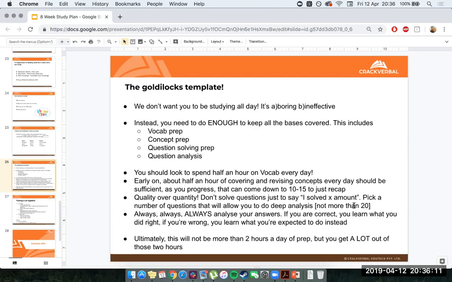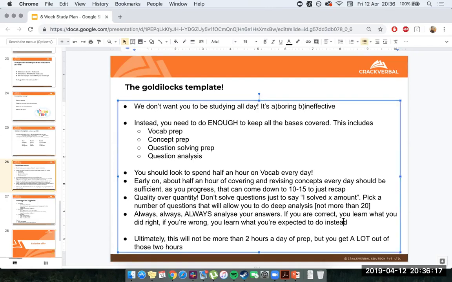Right? So ultimately, you always want to analyze your answers. In fact, if you spend half an hour doing questions, you want to spend at least half an hour analyzing the answers, right? Simple as that. If you spend 30 minutes doing the questions, you want to spend 30 minutes analyzing them. If you spend 20 minutes doing questions, you want to spend 20 to 30 minutes analyzing. Make sure that analyzing questions is just as important a part of your study plan as solving questions themselves,